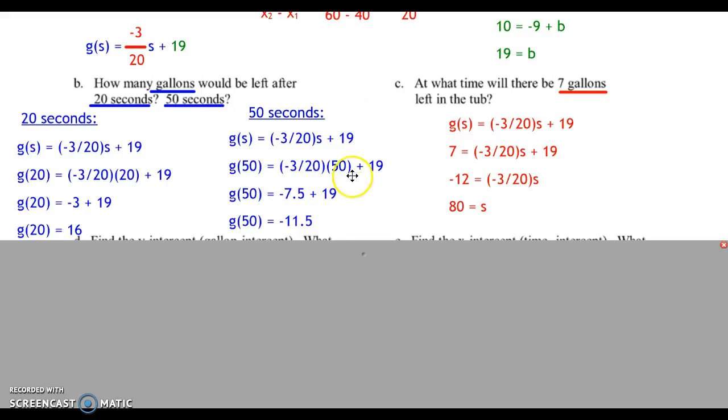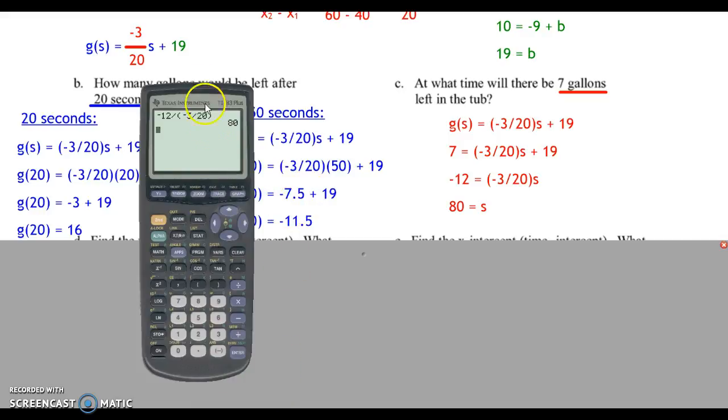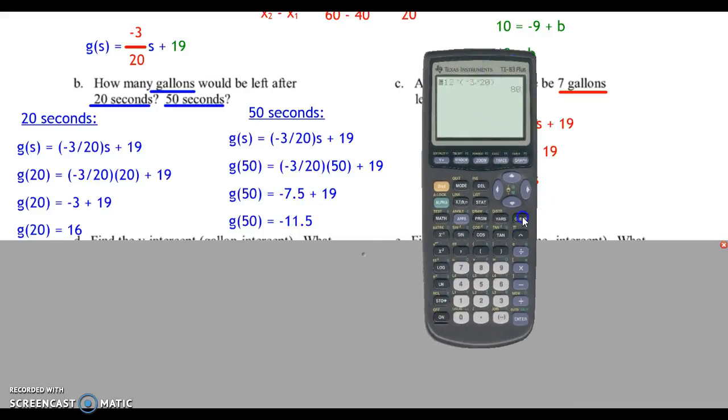Same thing over here. I did a little math. I found that negative 3 over 20 times 50 is equal to negative 7.5. And I'll prove it to you here. I know that that is a little bit of a complicated calculation. If I wanted to do this in my